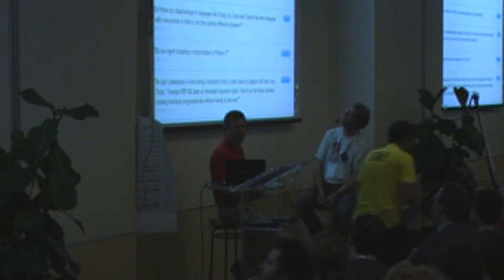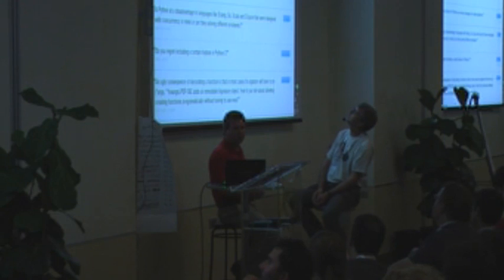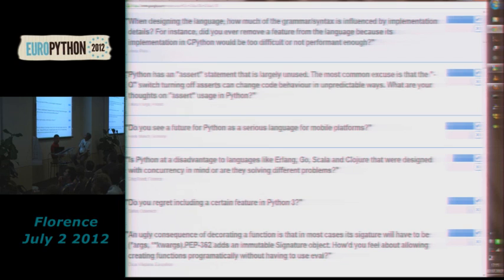First question: when designing the language, how much of the grammar syntax is influenced by implementation details? For instance, did you ever remove a feature from the language because its implementation in CPython would be too difficult or not performant enough? Very good question. CPython actually has never been a problem. We do, however, take implementation into account when it comes to